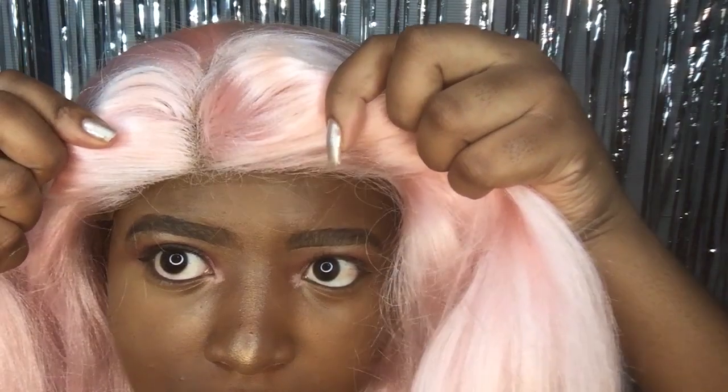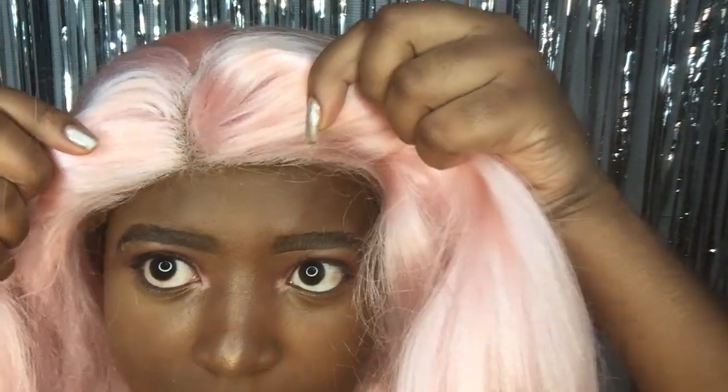So yeah, it's a beautiful wig we just made for less than 5,000 francs. And there, can you even believe that this is a crochet wig? I mean, like,